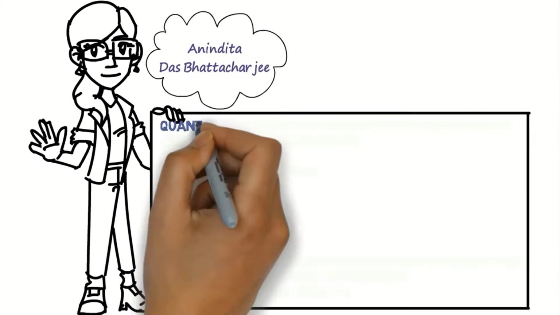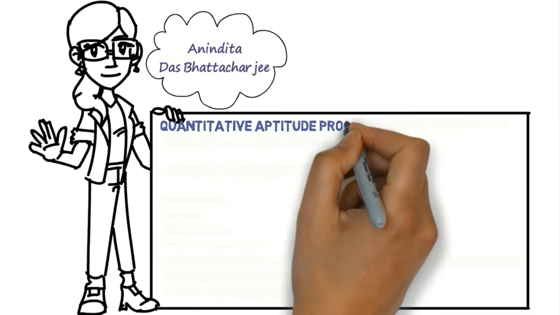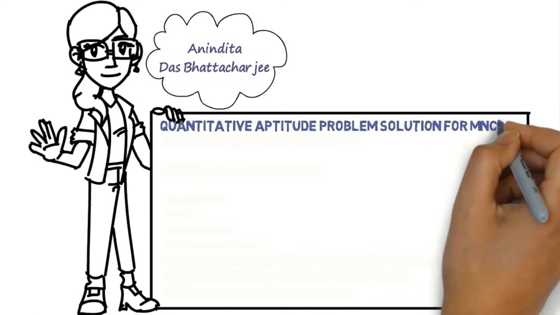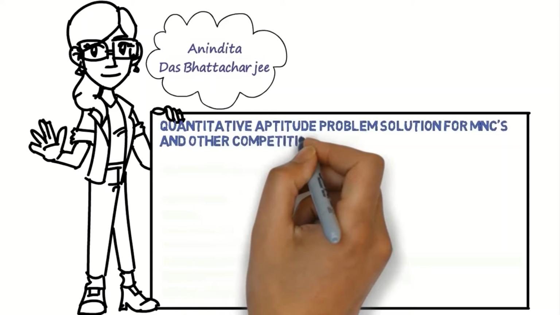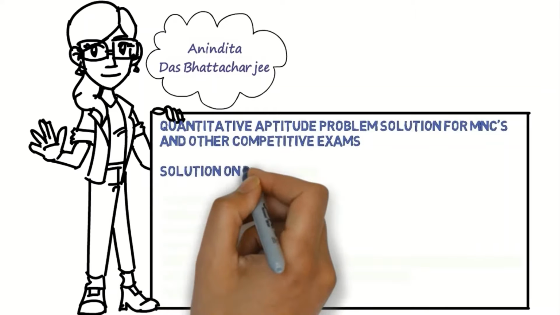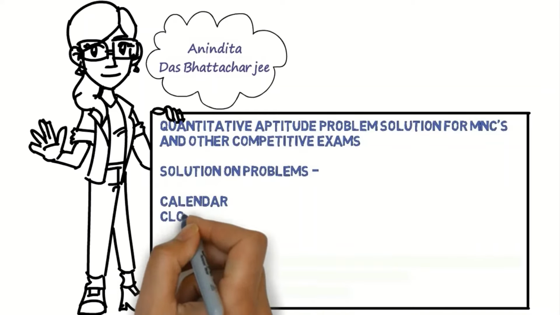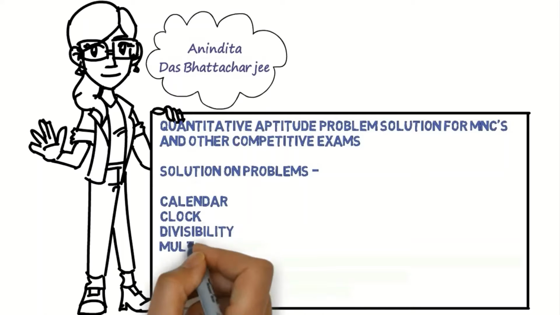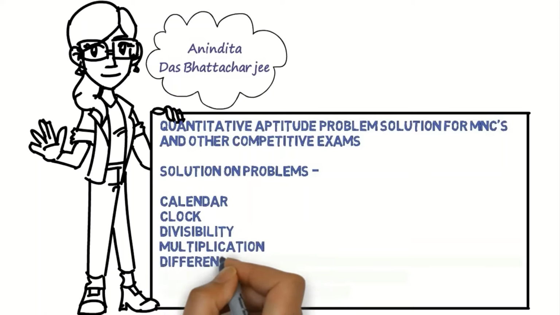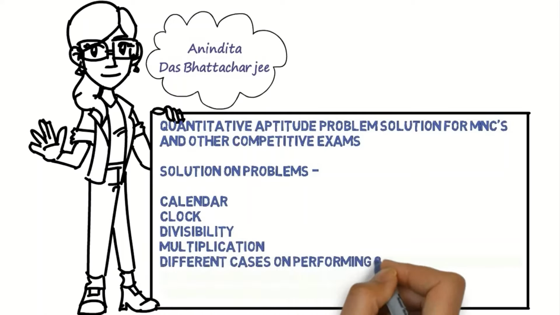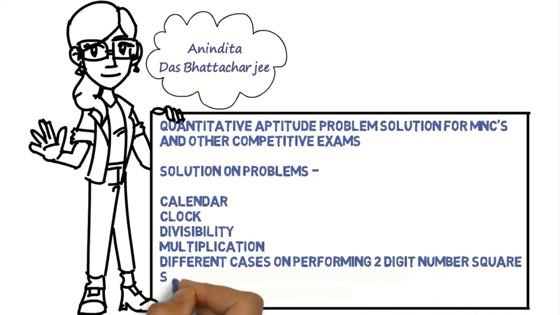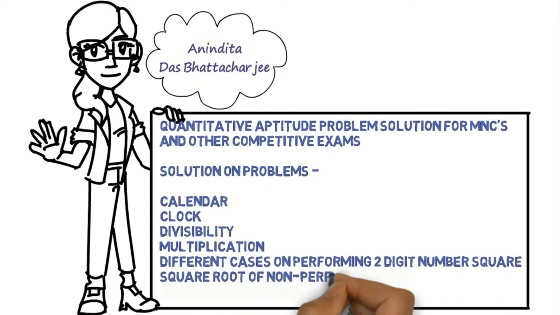In most of the aptitude exams, you will encounter some problems on finding the value of a large number or a large number divided by another large number square, along with problems of calendar and clocks. In this video, I will discuss the shortcut tips and tricks on the mentioned topics.